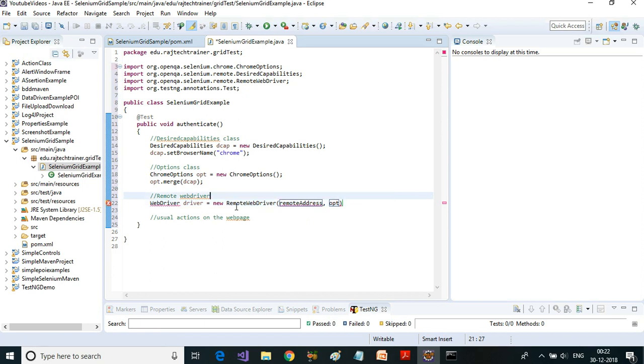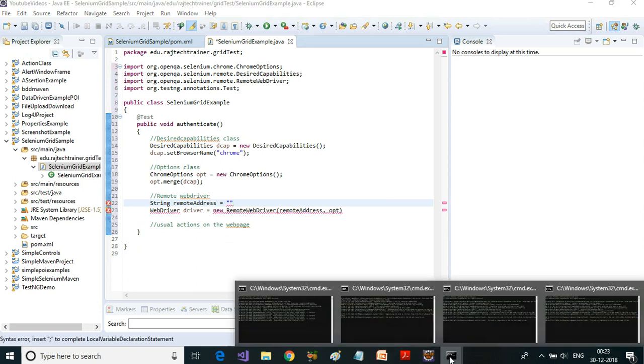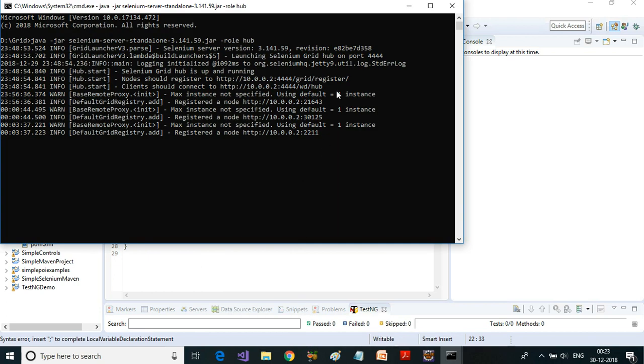For the remote address I'm going to create another string variable, which is equal to the URL the client will be connecting to, which I'm going to take from the hub.